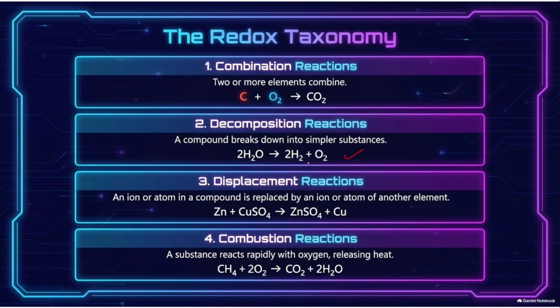So in this case also there is a redox reaction. Then displacement, in which the more reactive displaces the less reactive, like zinc in the elemental state. So zinc is present in 0, but here sulfate is SO4 2 minus, so zinc is plus 2. From 0 it is going to plus 2, that means oxidation. And copper, here it is plus 2 because sulfate is minus 2. So from plus 2 it is going to elemental, which is 0. So there we have a decrease, so this becomes reduction, and this is oxidation. So this particular reaction of Daniell cell or galvanic cell is a redox reaction.